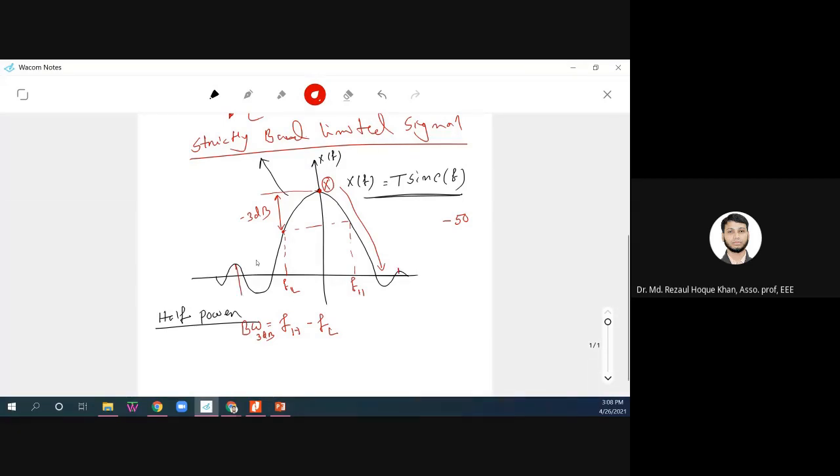So that bandwidth is the bounded bandwidth. So you see, you are giving a boundary. You are saying, okay, give me the bandwidth at minus 50 dB. That's why it's called bounded bandwidth. So we have a half power bandwidth, we have a bounded bandwidth,